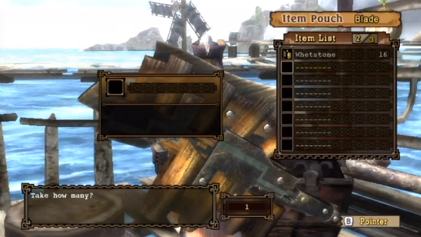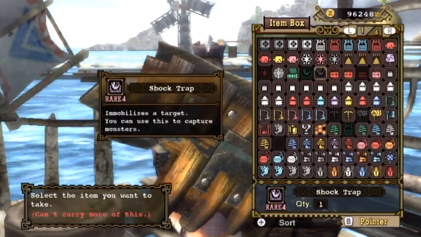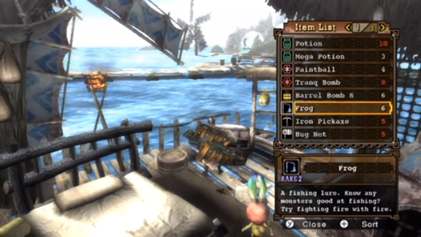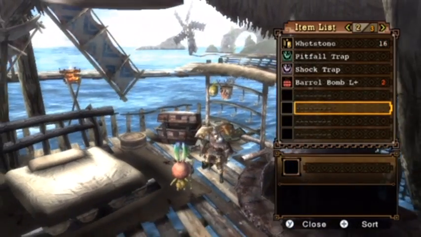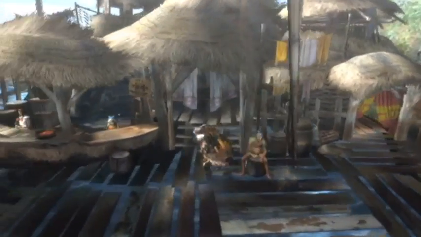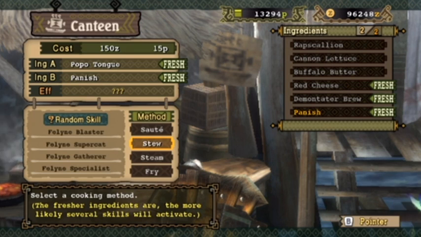So we're going to need more traps. More bombs. Anything else? I got plenty of potions, frogs, small barrel bombs. Okay, that should be fine. Again, this is going to be a little bit more difficult, only because the Jaggy armor has fairly low defense. It's been upgraded, but...